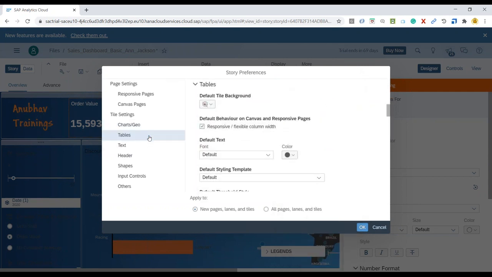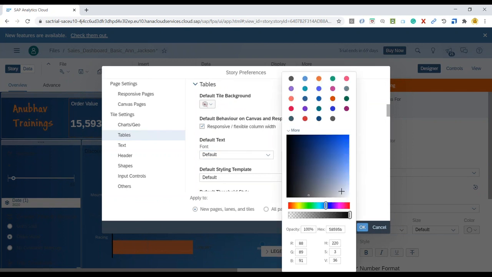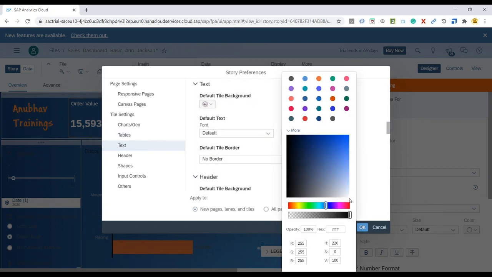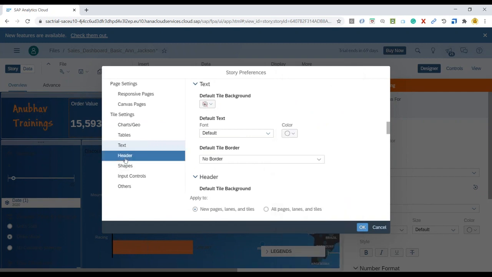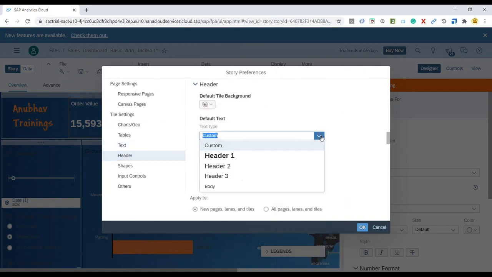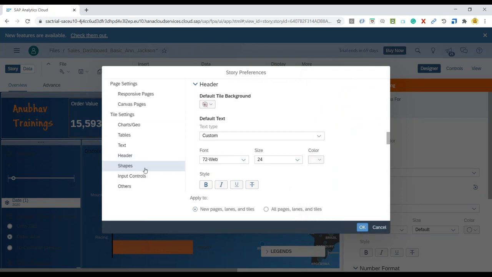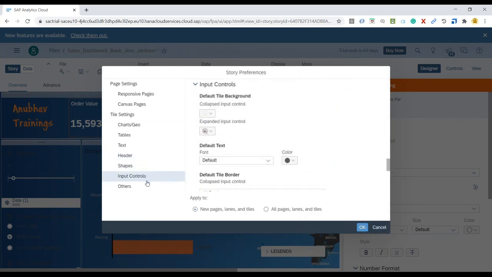All my tables, please show the color as white. All my texts, please show the color as white. All my headers, please show the color as white, because the background is dark, so white will go well with a dark background. All my shapes, all my input controls,